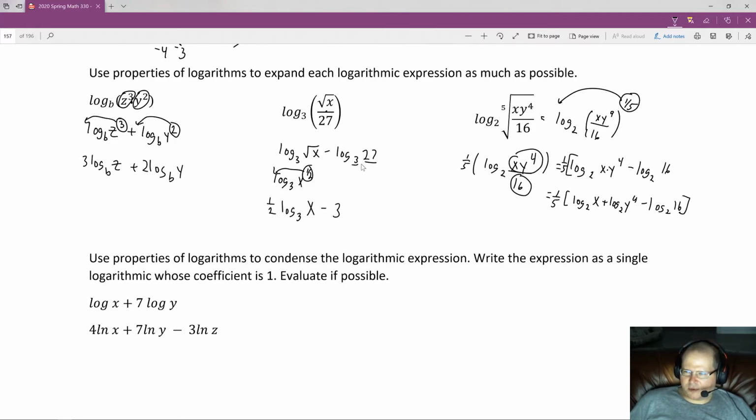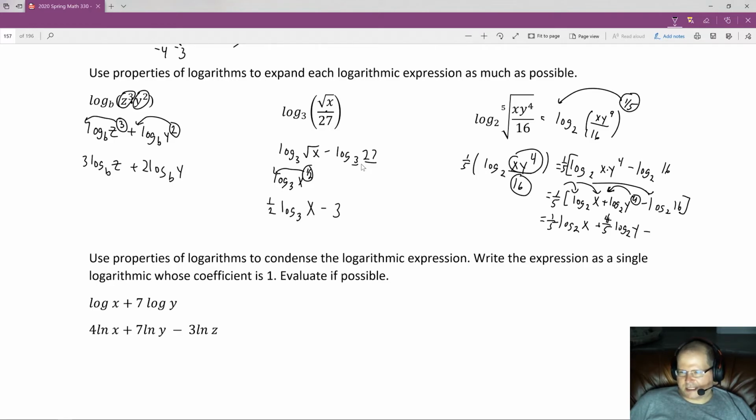Okay, break this up. Now I can pull this exponent, this 4, to the front, so I'll do that. It gives me 1/5. I'm actually going to distribute at the same time. I know I'm combining a couple of steps here, but I'm running out of space. So log base 2 of x plus 1/5 log, and there was a 4 there, so it's going to have to be 4/5 log, because we multiplied by this 4 that we pulled to the front right here. Log base 2 of y minus,